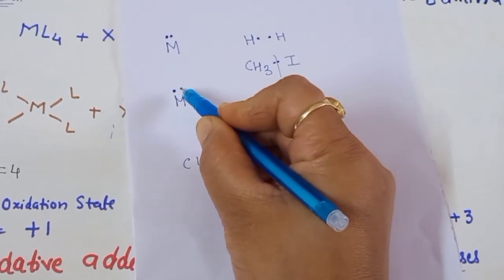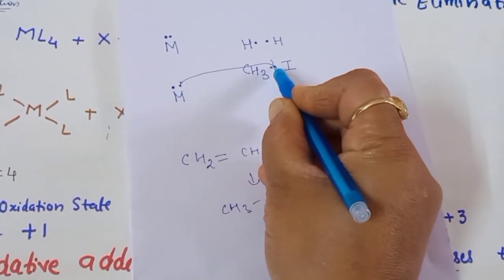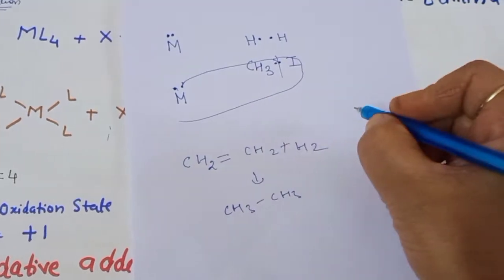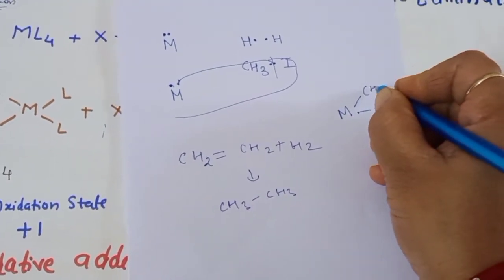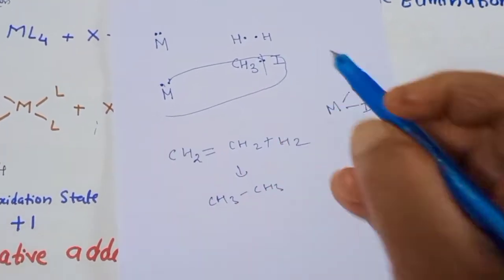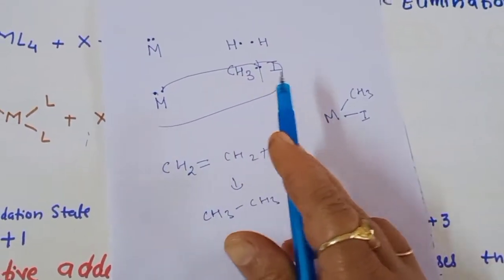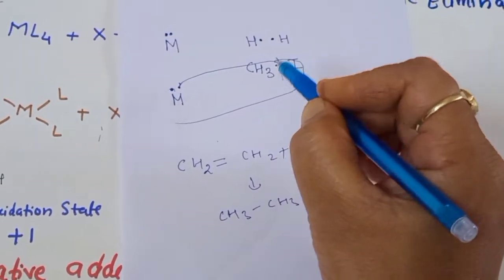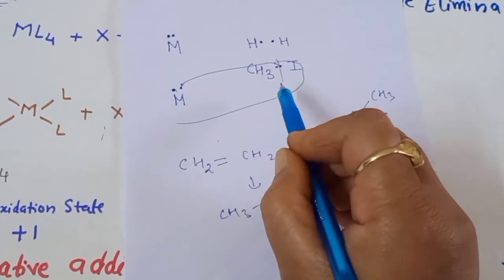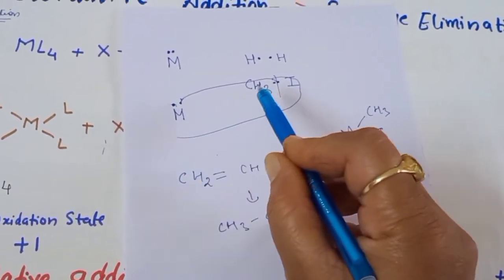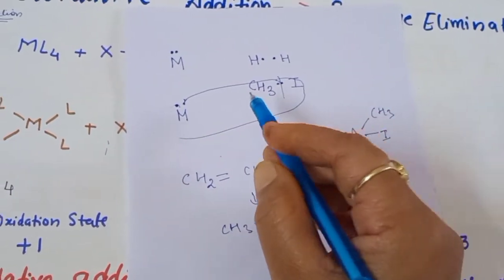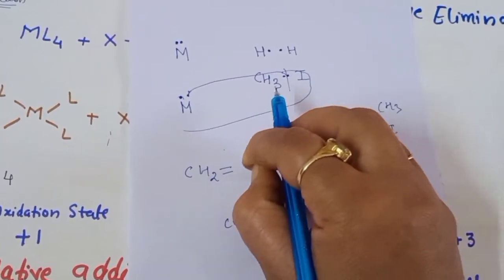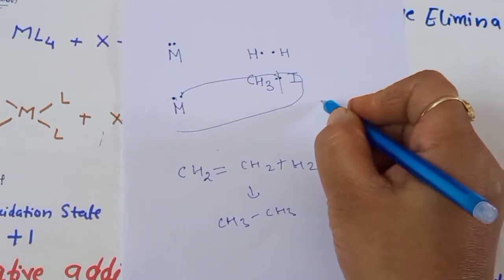If these electrons are given to our CH3, they can easily form one bond with the metal, and similarly the other electron will be shared by the iodine. So the metal will easily attach our two entities, meaning this molecule will behave as an anionic ligand. What is the important thing in oxidative addition reactions? The incoming molecule gets converted to an anionic ligand. Why anionic ligand? Because these single electrons combine and form bonds and they will have the negative charge. If we separate them, as both entities have their own electrons, they will take away the electrons, so they can be termed anionic ligands.